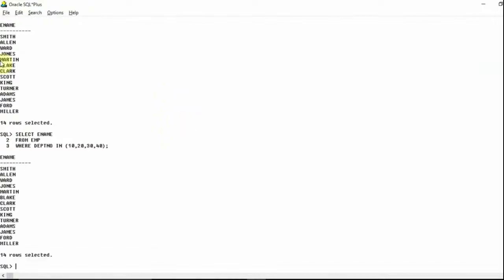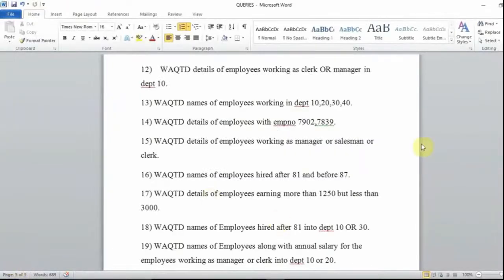If I hit enter, you can see same output I'll be getting, 14 rows selected, and here also 14 rows selected. So this is the power of in operator, guys. You should be using in operator whenever the condition is repeating itself. Got it, guys? Yes. So clear screen again, and next question is